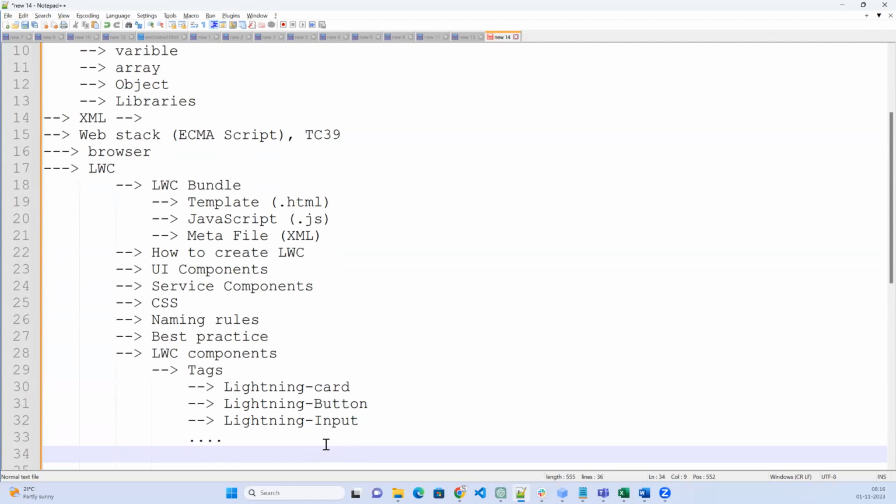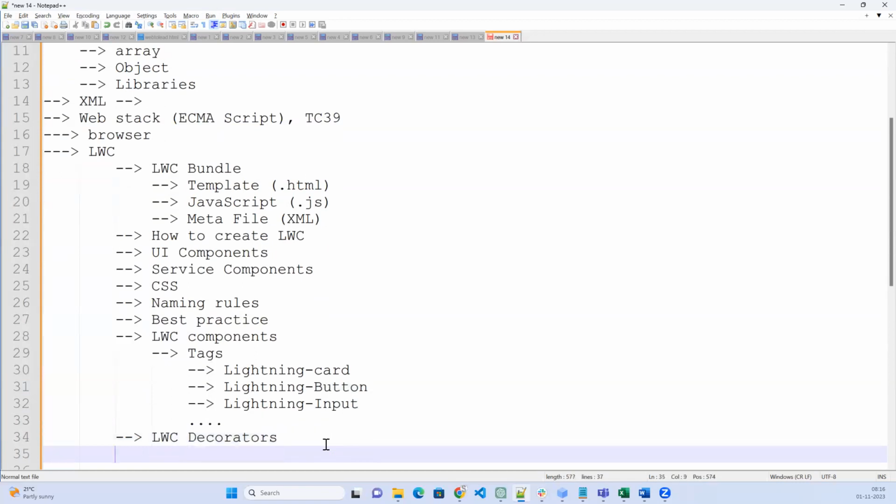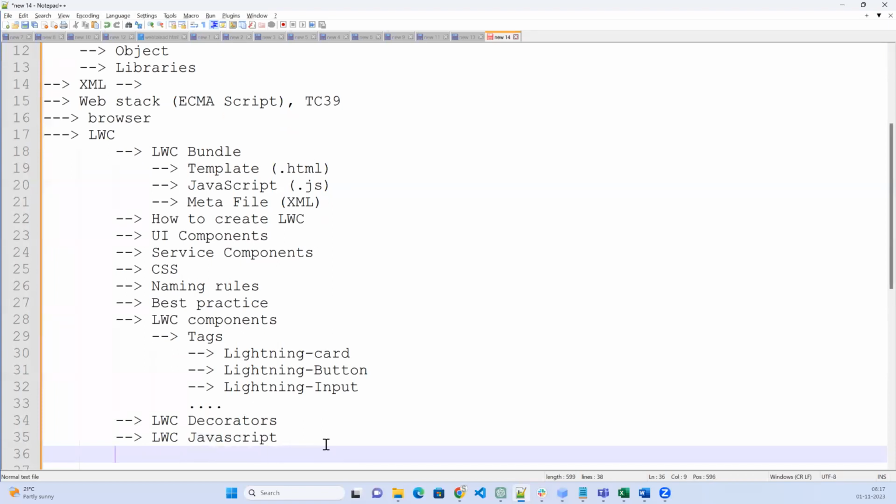And then we'll talk about the LWC decorators. There are 3 different types of decorators, and we will see what the different decorators are. And then we will talk about the LWC JavaScript. In LWC JavaScript, there are 2 things: